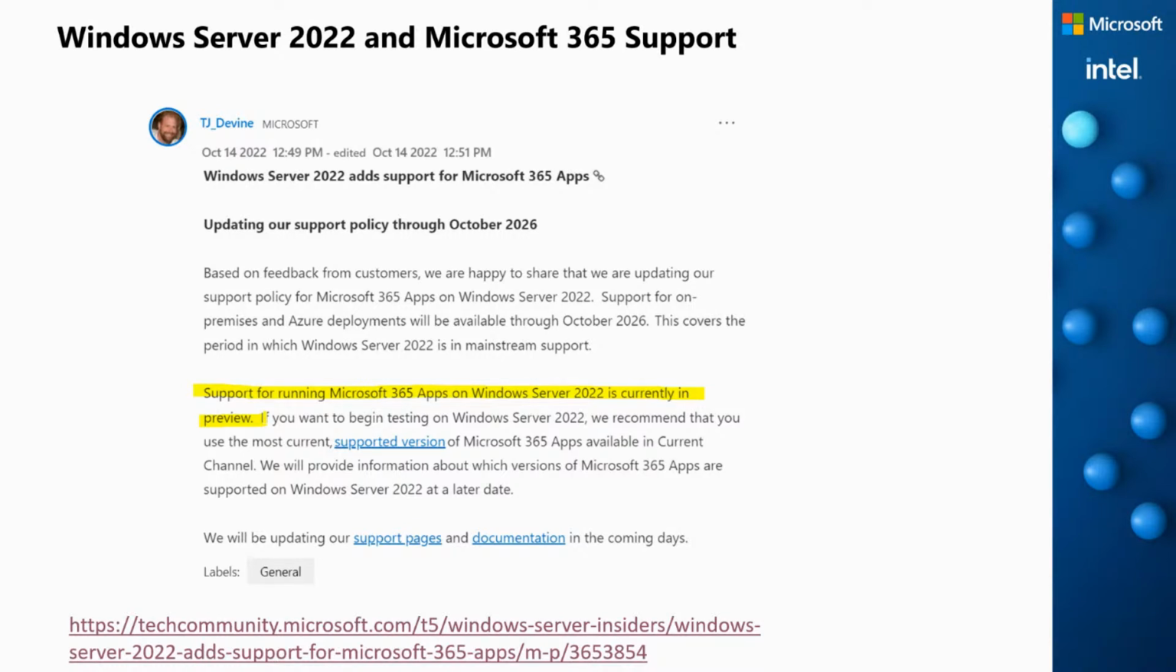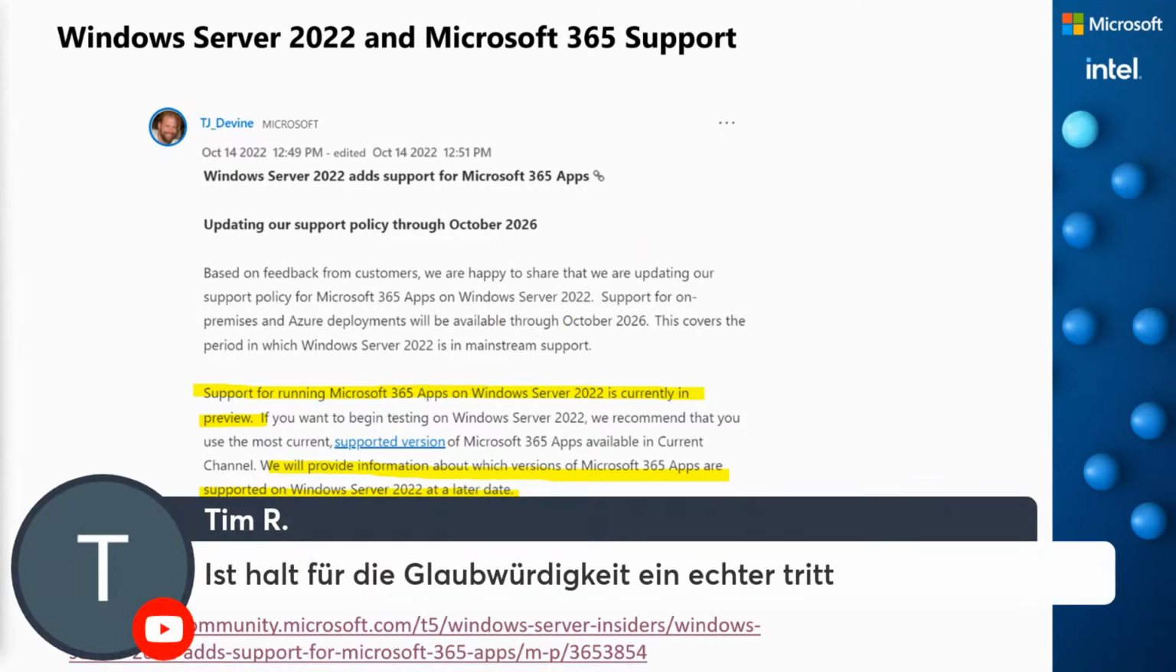It's not available today. When you are asking me when we will have the support for the Microsoft 365 apps, then here we can read, we will provide information which version of Microsoft 365 apps are supported on Windows Server 2022 at a later date. Later this month, later this year, somewhere next year. We don't know this because actually it's in testing. This means, and we have a comment, maybe this is not perfect for trustworthy. In my opinion, this is not an issue of trusting in what Microsoft said,